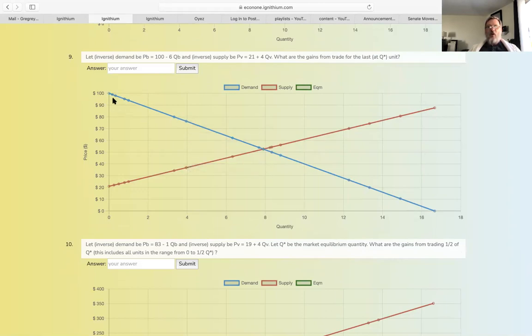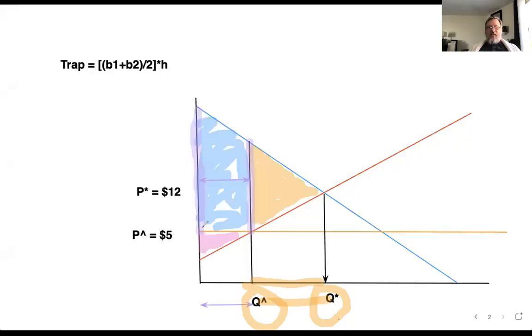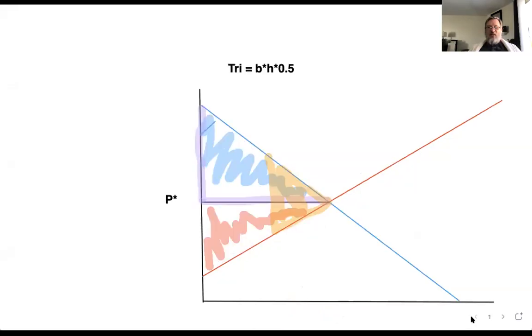So if we go back and I do the new share and go back to my whiteboard, you can see the whiteboard now, right, Matt? Yes. And then I get rid of that. And then this is one half Q star. You can see where Q star would be, right? I don't want to graph it. And then half Q star,